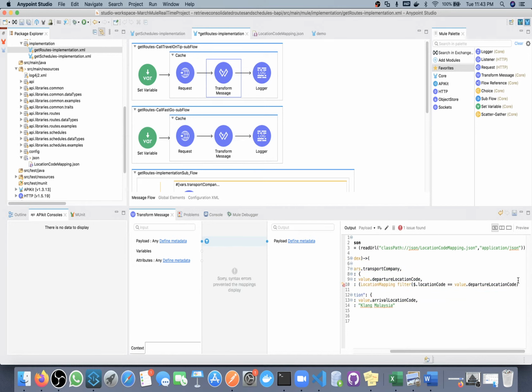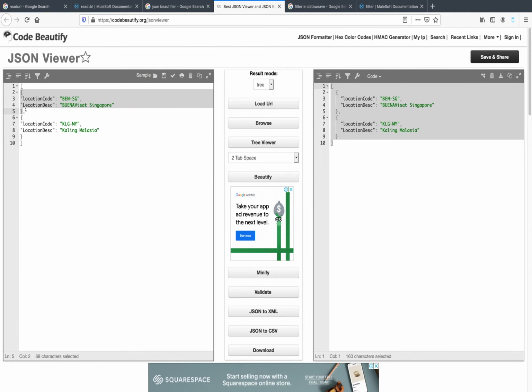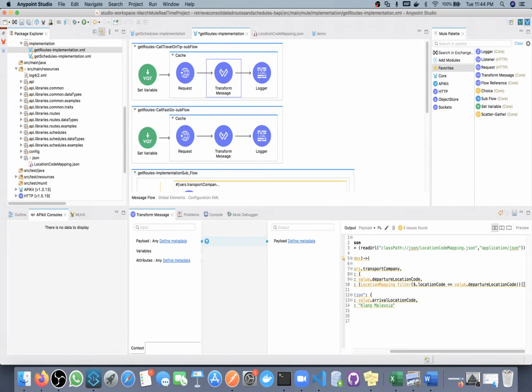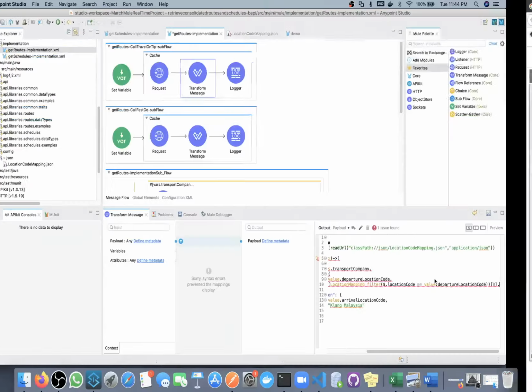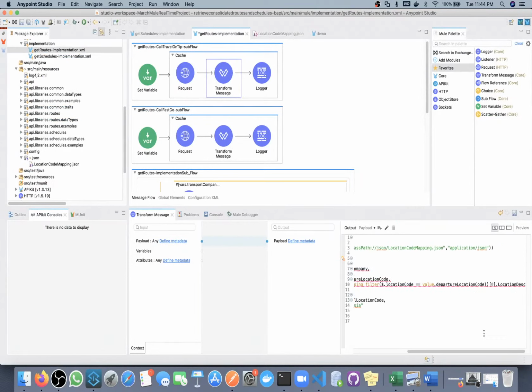So this is our object. Now in that object we will get an object inside one array. In that object we will have only one array, so I will take the 0th index element. Then in that array I want the location description, so I am getting this object. In this object I want this location description, so the syntax will be location description.